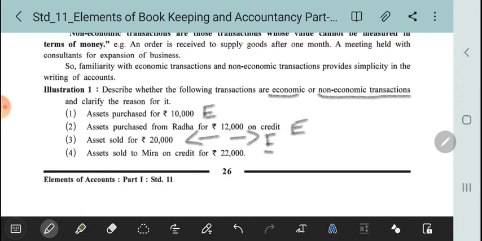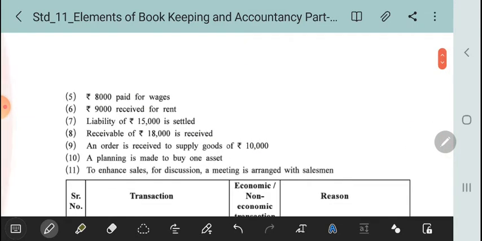Okay, moving next, asset sold to Mira on credit for 22,000. So this is a credit transaction, the previous one was a cash transaction. Okay, here also asset is sold, so money will come and asset is gone. Okay, so there is exchange, so it is an economic transaction. Okay, moving further,